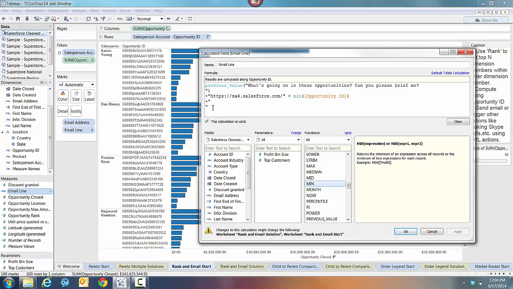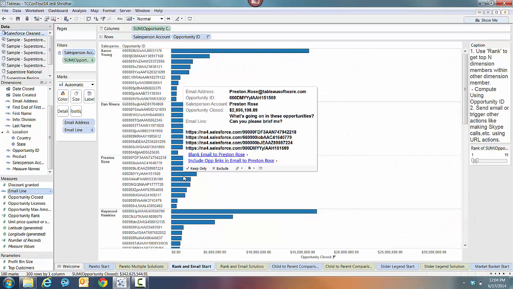Whenever you provide a carriage return in Tableau, Tableau will respect that. And this is exactly what we want to create multiple line items of this particular URL. And that's why we've created a carriage return, right? And this is the little trick that produces those multiple links for us,